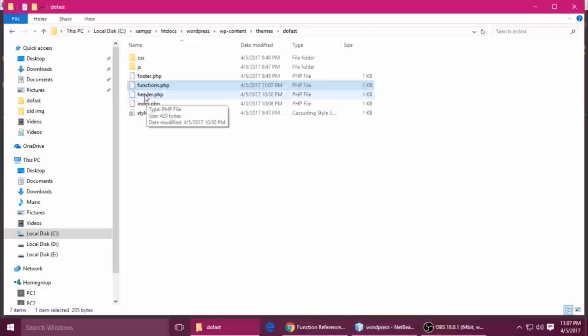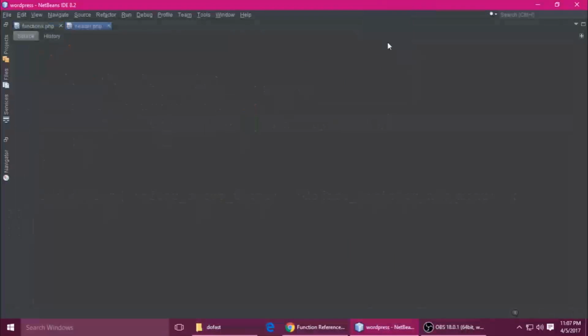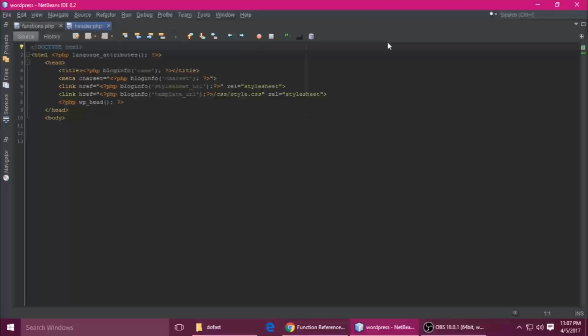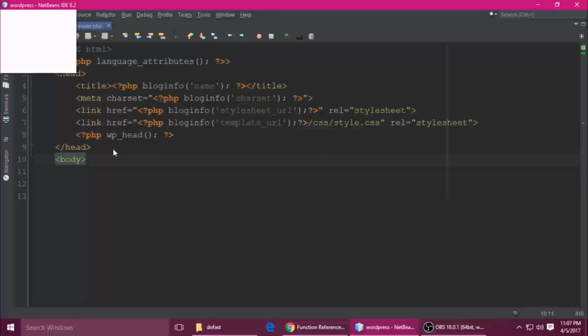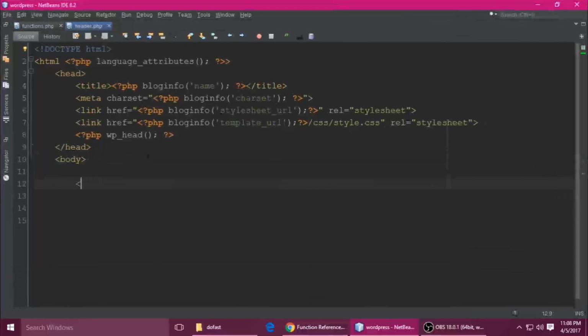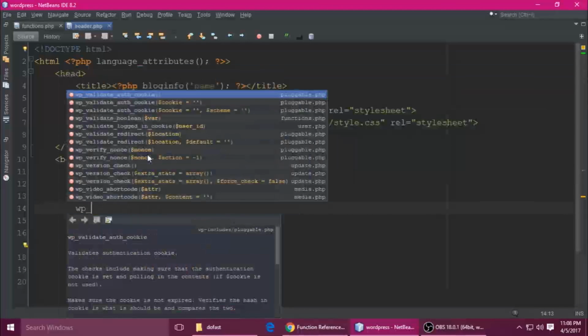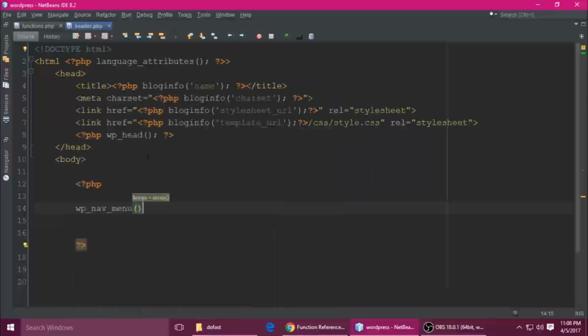So just open header.php inside your code editor. It's very simple. Put a PHP tag and hit enter. Then call wp_nav_menu.